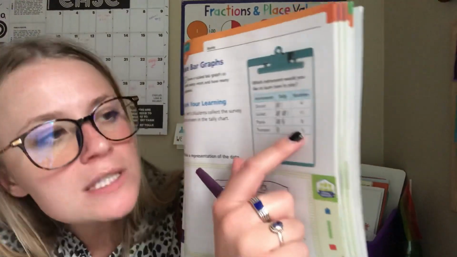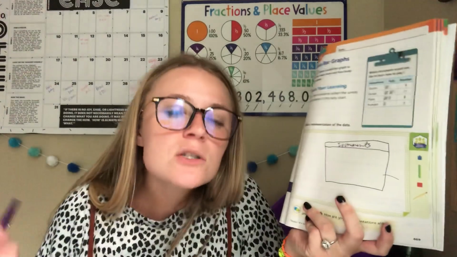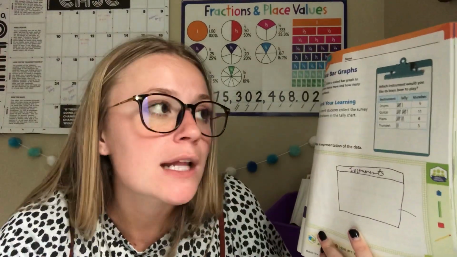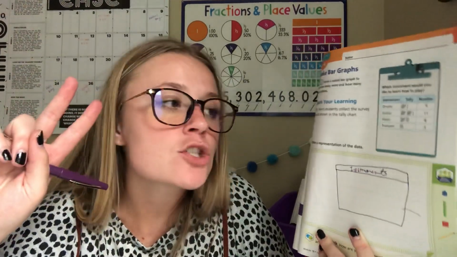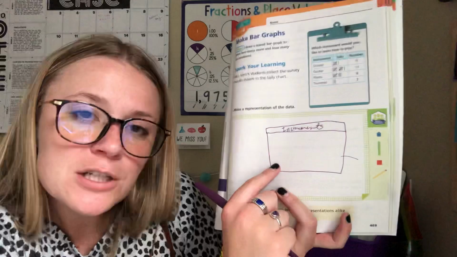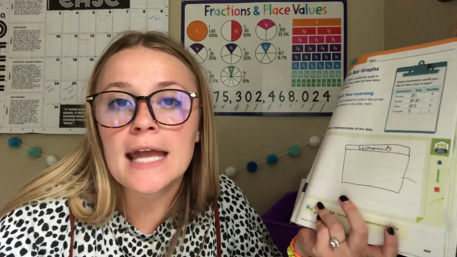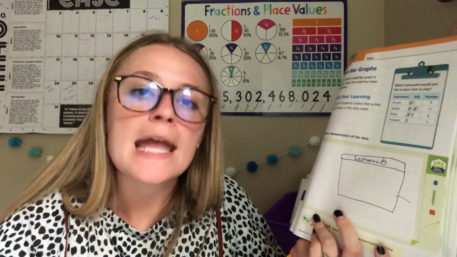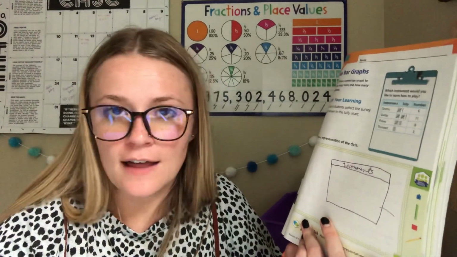So the lowest number is 3, the highest number is 11. Those are pretty close, not close enough to count by ones, but they're pretty close. And so I think I'm going to count by 2s. And remember, when we count by 2s on a graph, or when we count by any number really, if we're in between the lines, that's about halfway between those two numbers, whatever this scale is. So if we count by 2s, in between those numbers are going to be the odd numbers. So we can get 3 and 11 in